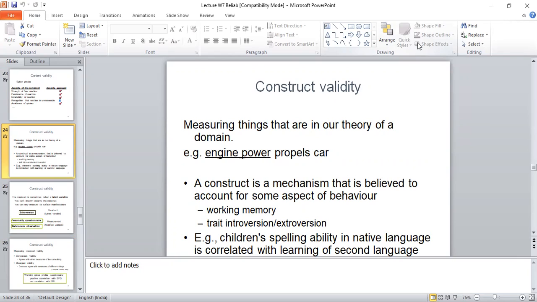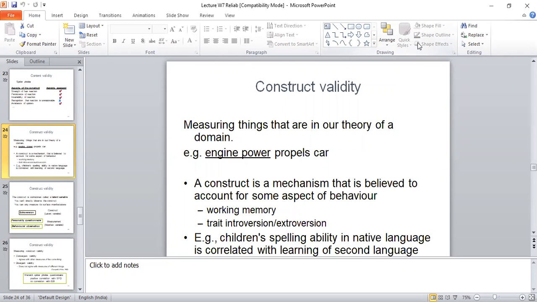Let's talk about the steps to make it a little clearer. What are the steps involved in deriving construct validity? The first step is to specify the possible different measures of the construct. Second is determining the extent of correlation between all or some of those measures of the construct. Third is determining whether or not all or some measures act as if they were measuring this construct. And that's what it is.